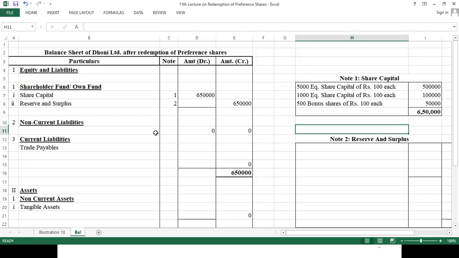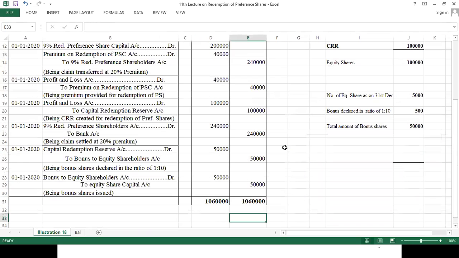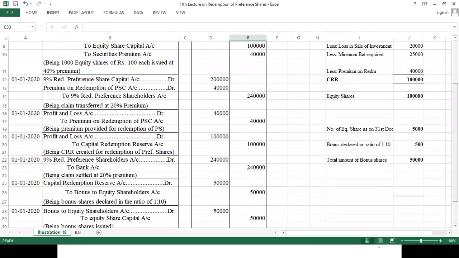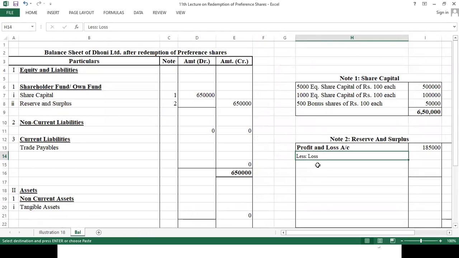Okay. Now second is reserves and surpluses. So first of all, write down we have profit and loss account. There we have a balance of 1,85,000. Okay. Then less, first of all, loss. I can write directly from here so that we can save our time. Loss for investment, control V,